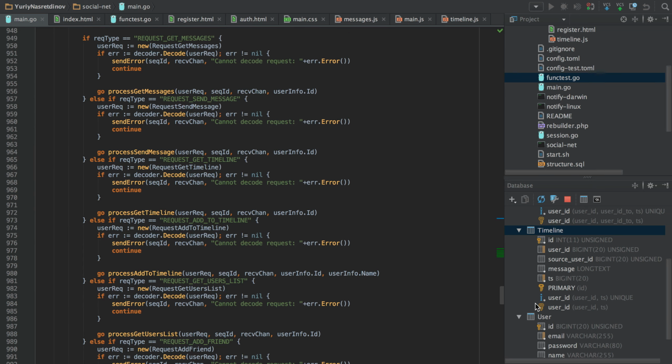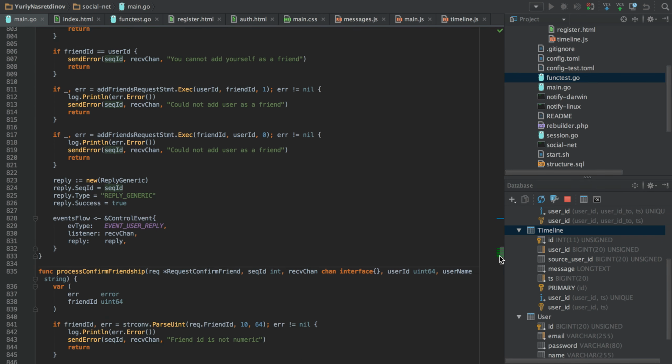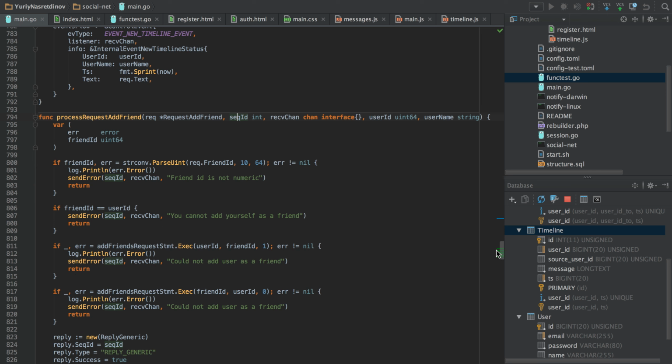And I will start writing this pretty soon. So sequence ID is actually used for communication in our protocol.